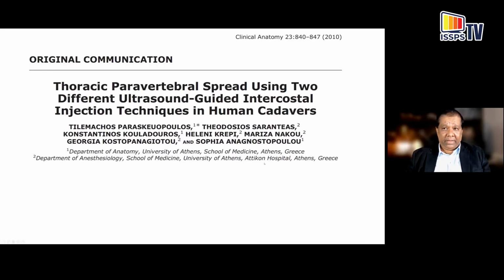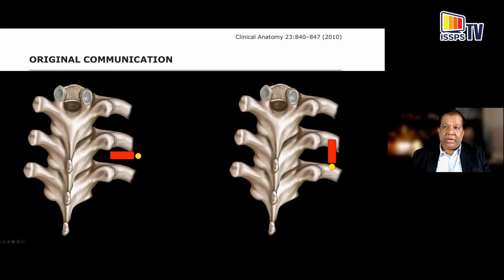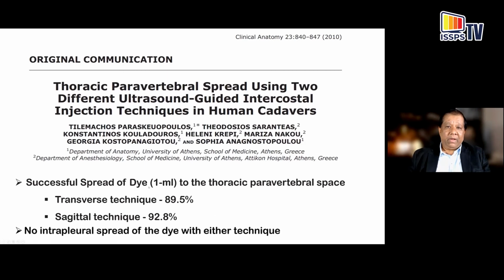In this study by this group from Greece, they compared two intercostal approaches, transverse and a sagittal approach, and they found that the transverse technique was inferior in terms of the spread to the paravertebral space. There was a slight improved paravertebral spread with the sagittal approach than with the transverse approach. Clinically,